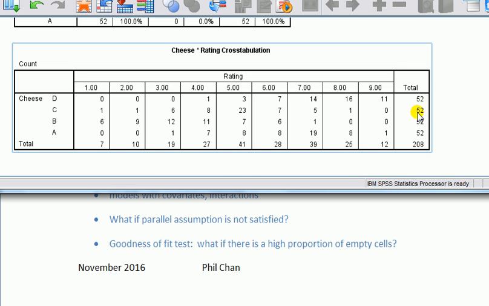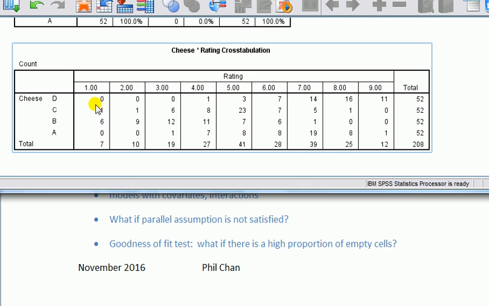I've divided them into 4 groups, each of 52, and I let them taste the cheese. So there's 4 cheeses labeled A to D, and then I ask them to rate it on a scale of 1 to 9, where 1 means it's really, really poor, and up to 9 where they think it's brilliant. So if we look at cheese A, 7 people rated it as a 4,